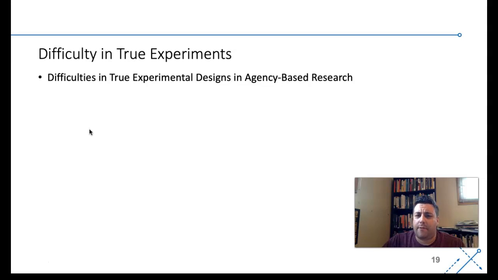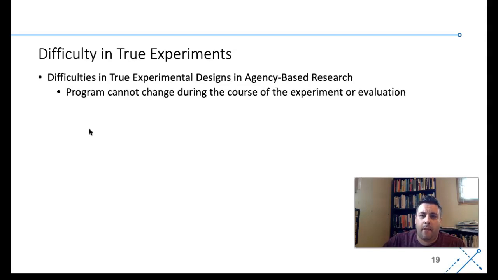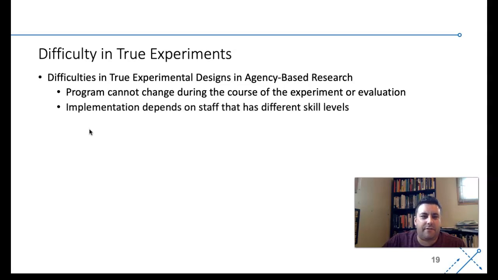So true experiments are really tough to do in agency-based research. You can't withhold treatment from people. It's hard to randomly assign people to different conditions. The program typically can't change. The agency is responsible to funders and stakeholders. There are huge differences in skill level among staff. People who have been there for a very long time are often better interventionists. By virtue of having been in the field longer, they're usually more skilled